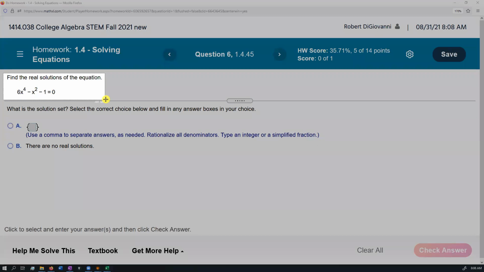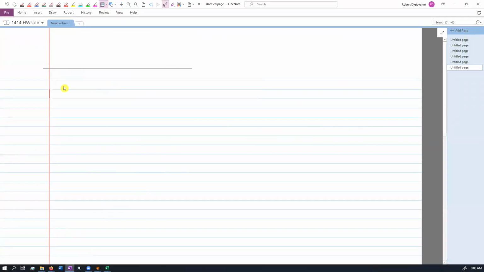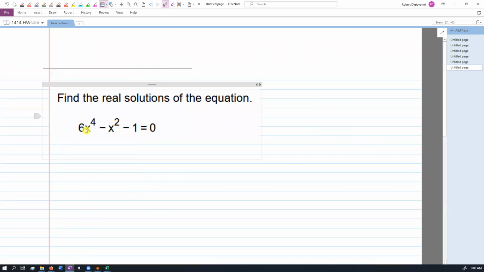All right, now in this problem, we have something a little different because we actually have 3 terms on the left-hand side, 1, 2, 3. So we can't do what we just did because there's no GCF. But if we squint our eyes, we realize that x to the 4th is x squared squared. And then minus that x squared, then minus 1 equals 0. So if we make a substitution and replace that x squared with, let's say, u,